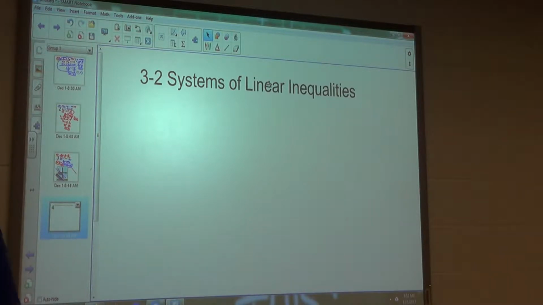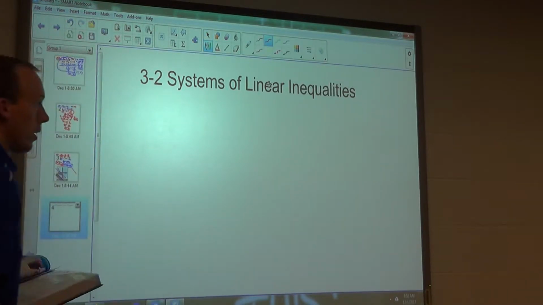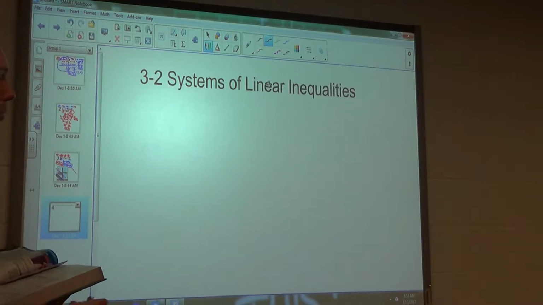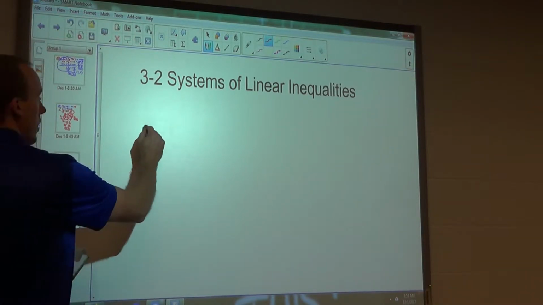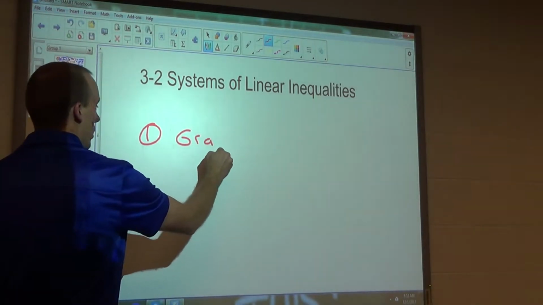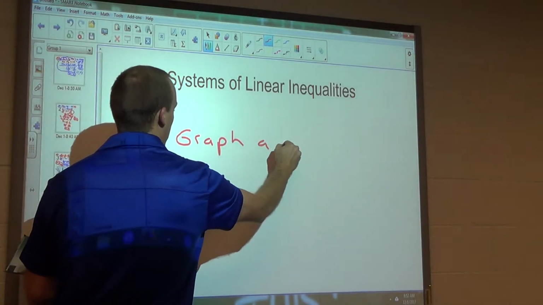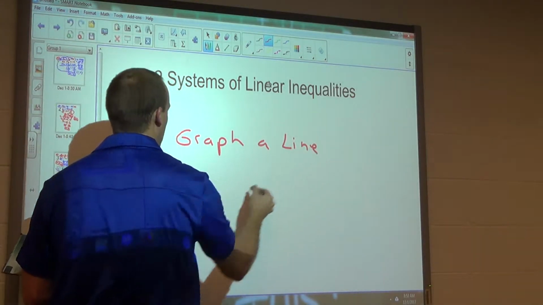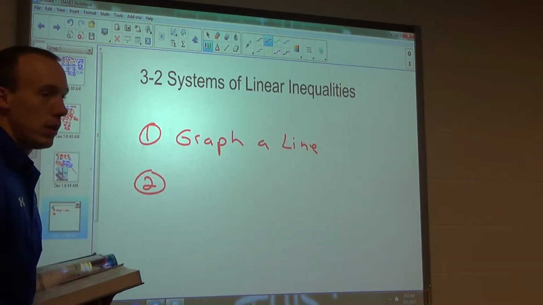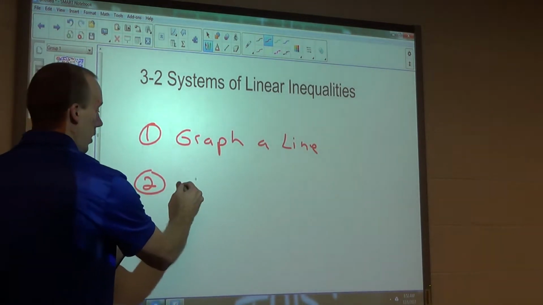Okay, so today we're going to be talking about section 3-2, which is solving systems of linear inequalities. Skills that you're going to need to know today: number one, to be able to graph a line. Can you graph a line? And skill number two, shading, which we've already done,